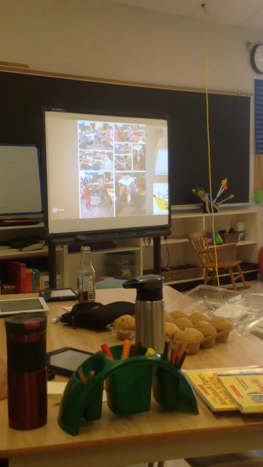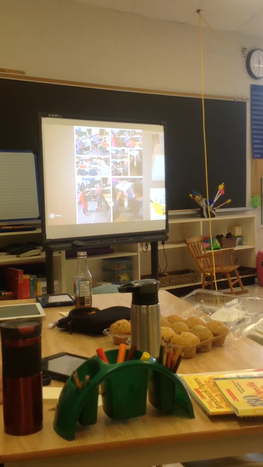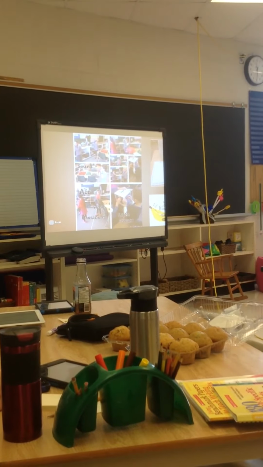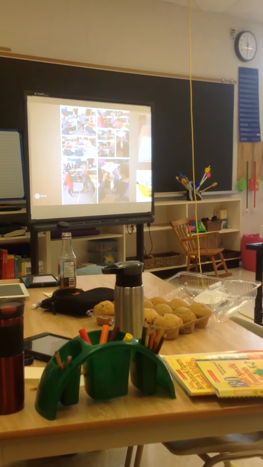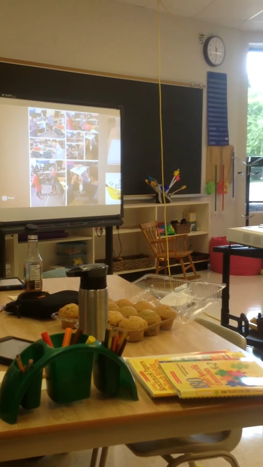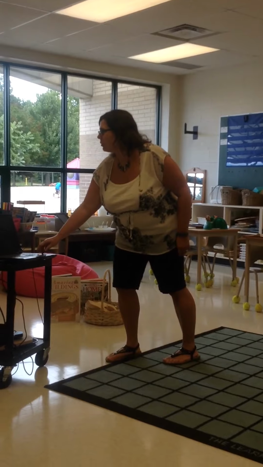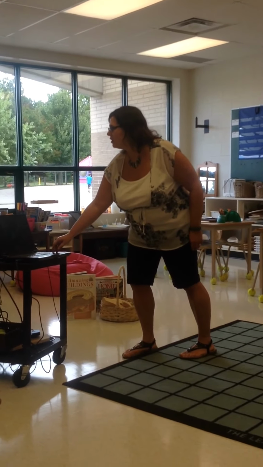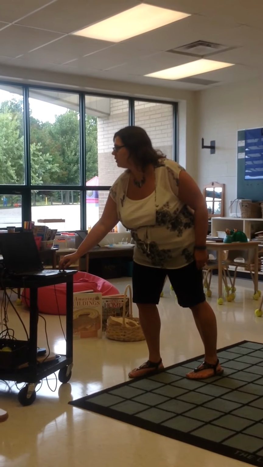So these are some of the things that I did, and I had originally meant to print out these pictures, but I couldn't figure out how to print them out off my iPad, and I'm not set up here to print yet, so it was a little bit confusing. So they're just on here, but I will scan through this and tell you my question first. And then I'll go back to those.